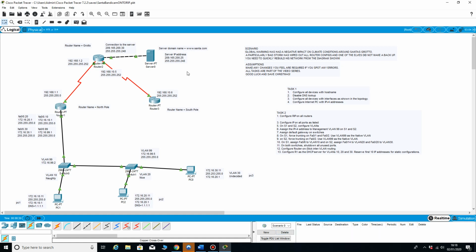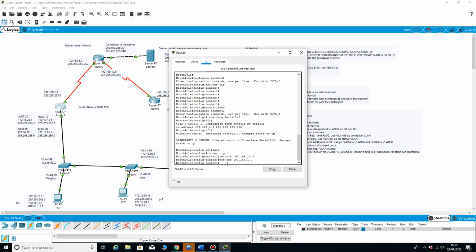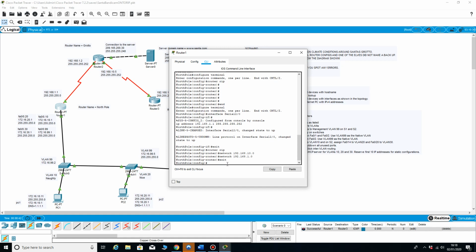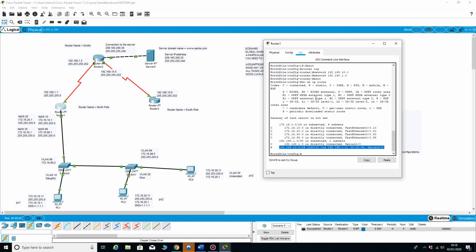Whereas we couldn't just now, we can now ping because they've all learned their routes. If I exit and do show IP route, you'll see that RIP has learned it, it's directly connected to a lot of the network,